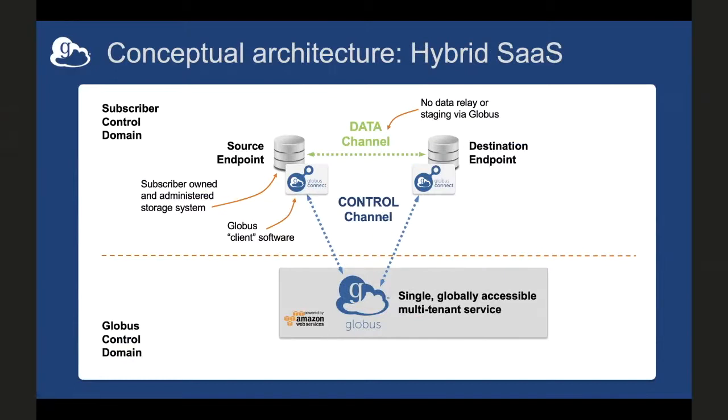And Globus then handles the movement between those two. It lists the files, identifies them, and moves them across. So the movement is controlled and initiated by Globus, but the actual data itself flows between endpoint to endpoint. That's how we're able to achieve very fast performance, because it's not traveling through our cloud service and we're not